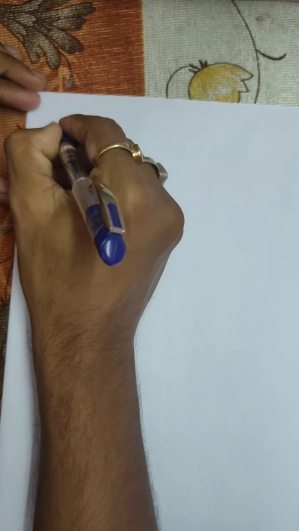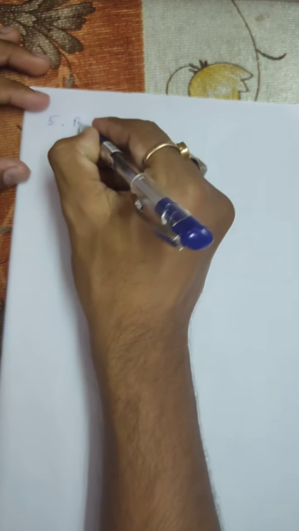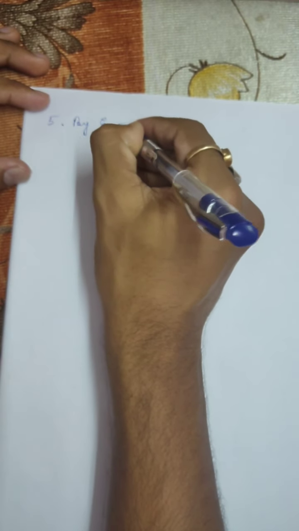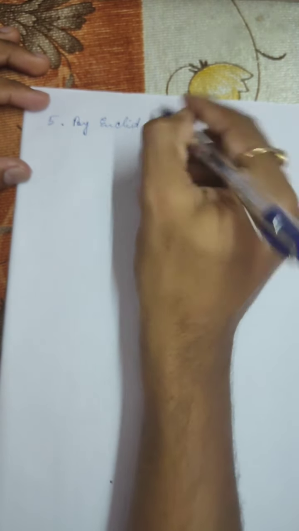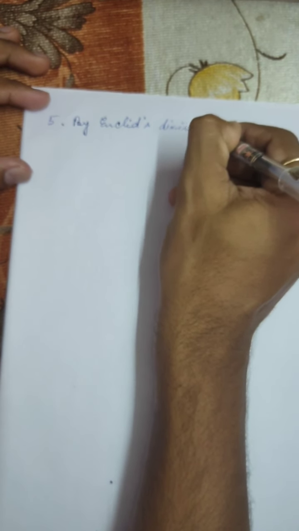Next I'm showing the number 5. Use Euclid's division lemma to show that the cube of any positive integer is of the form 9m, 9m plus 1 or 9m plus 8. Now this time we have to show it for the cube of the positive integers. Again, by Euclid's division algorithm,